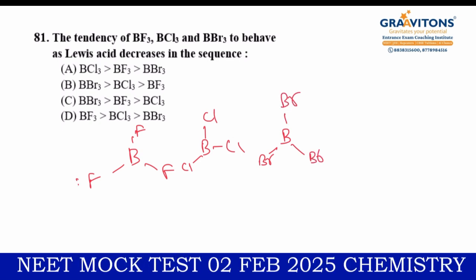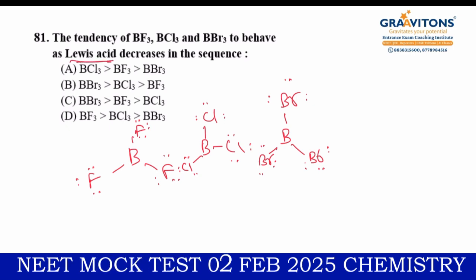Fluorine, of course, has 3 lone pairs of electrons around it, and so do the others. But if you check the proximity of these lone pair electrons, when the size increases, these lone pairs move away from each other. So as a result, we can conclude